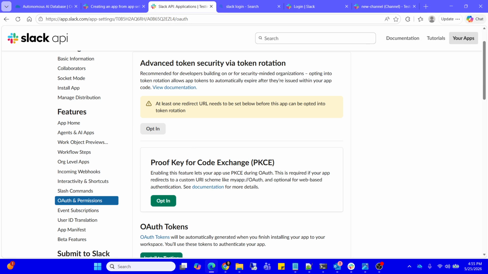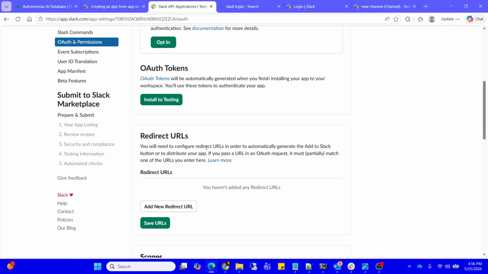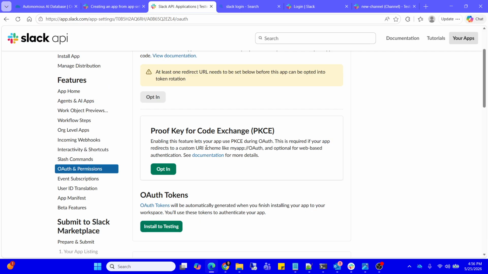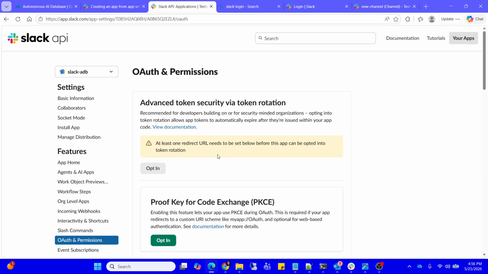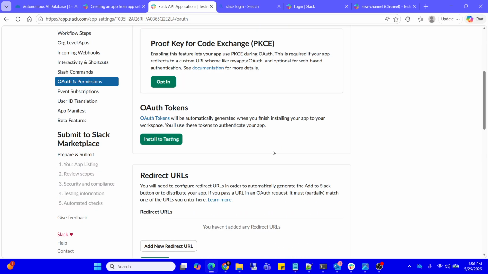So what's next? Now we have to create a Slack channel. But before that, where is that? Oh, token. We can come back, but let me do it now. So what do we have to do? We gave the permissions, right? Now we have to